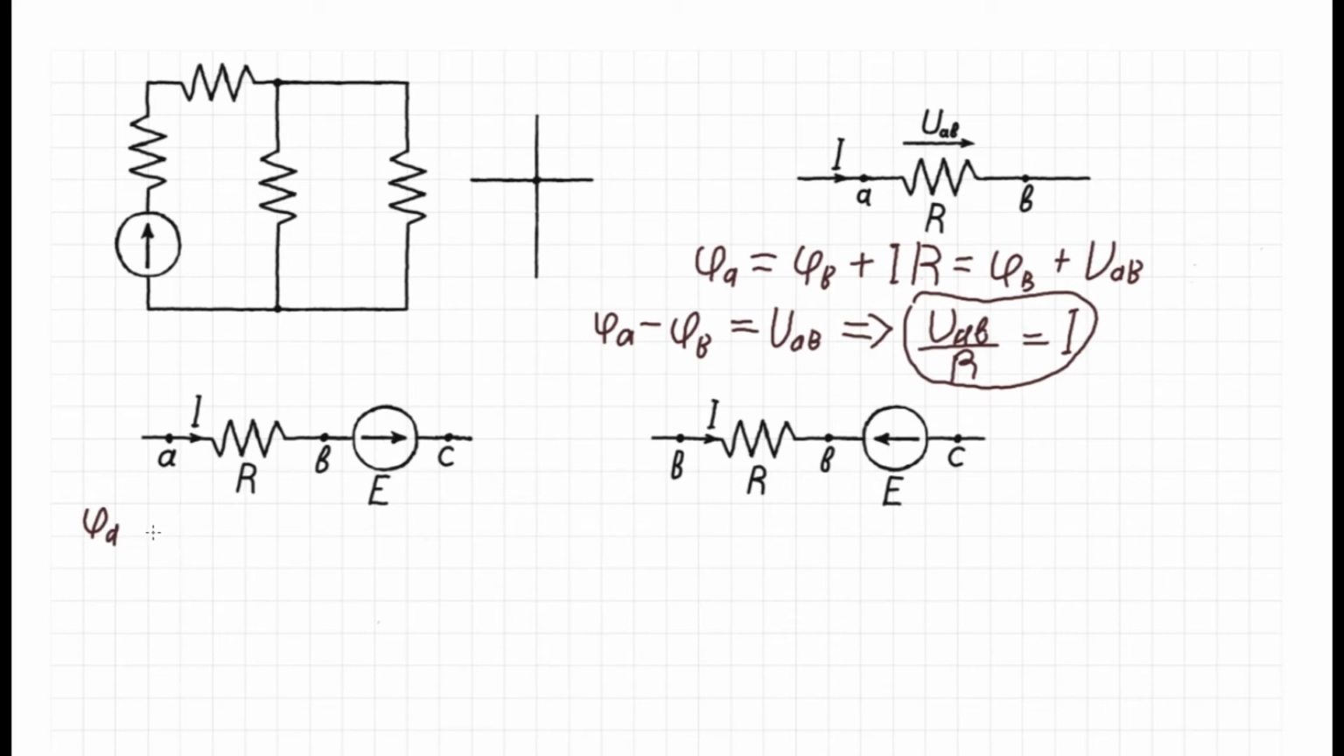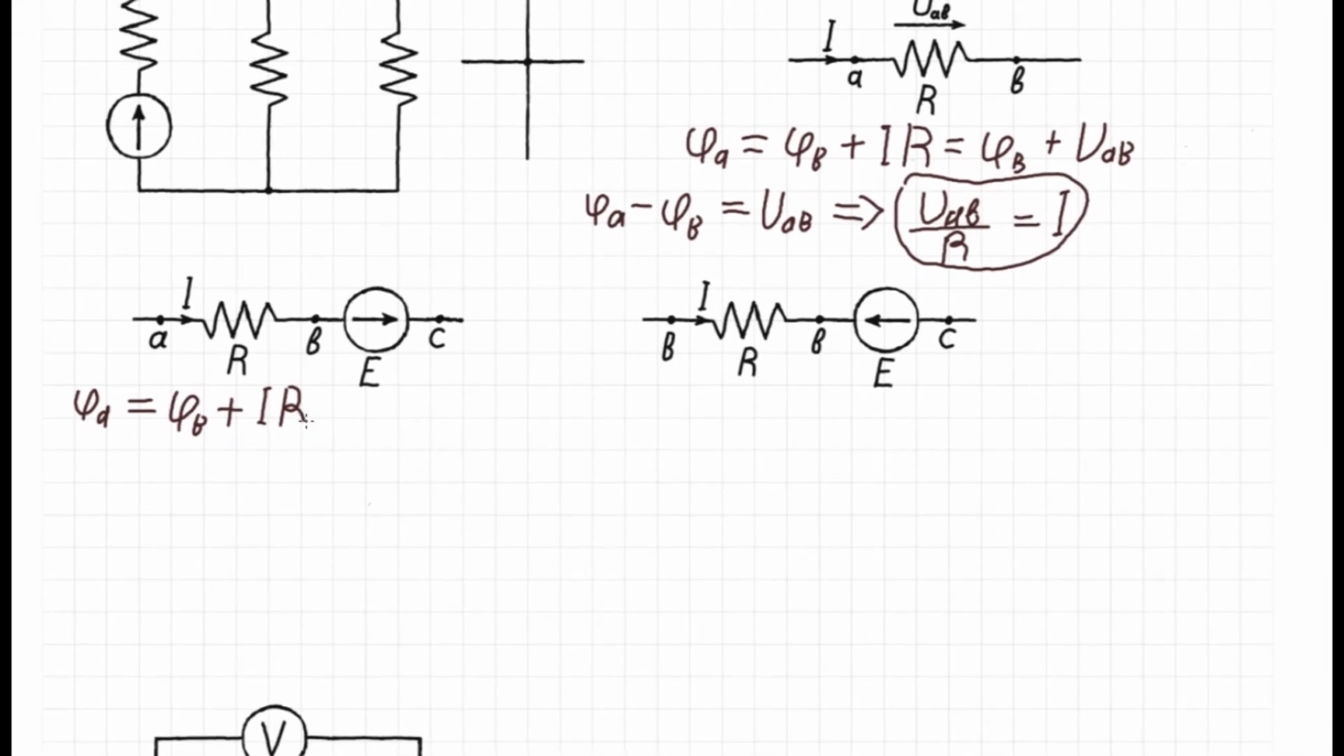which equals, similar to this example, phi B plus IR, and the potential of this electromotive source is targeting point C. It means that the potential at point C is rising by this electromotive source and becomes higher than the potential at point A, and hence